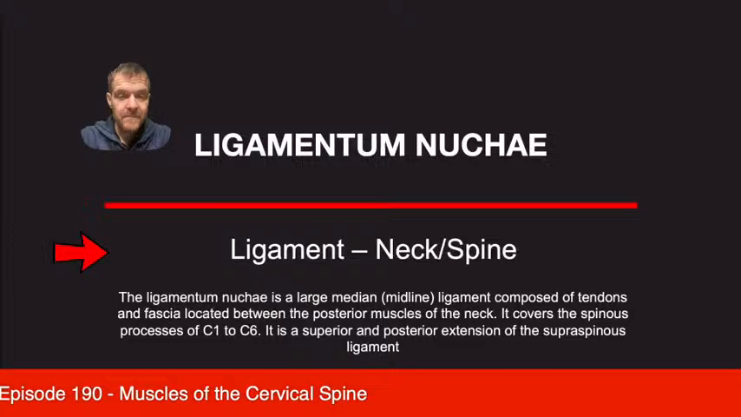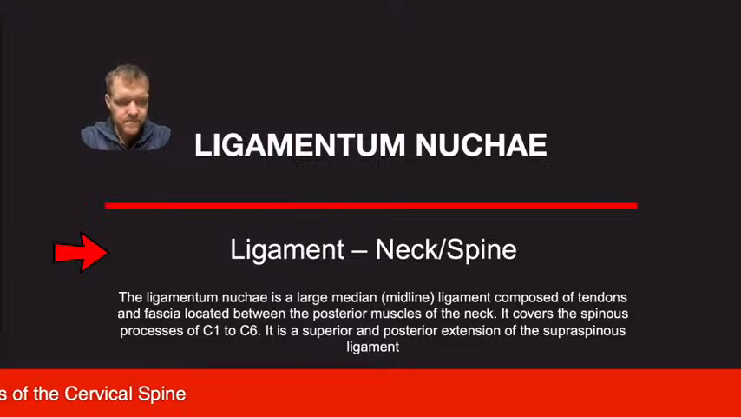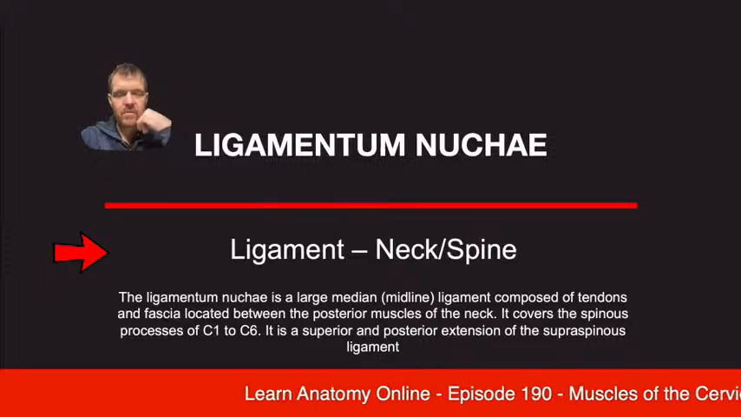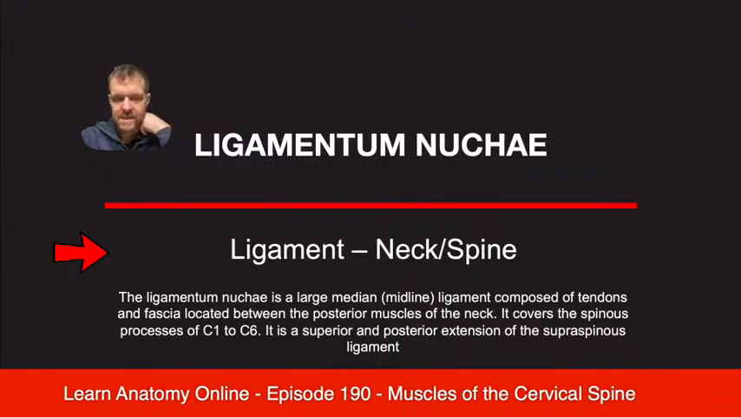Ligamentum nuchae, or the nuchal line, it's basically the nape of the neck, and it fills in the lordotic gap. Okay, so where there's a lordosis in the cervical spine,